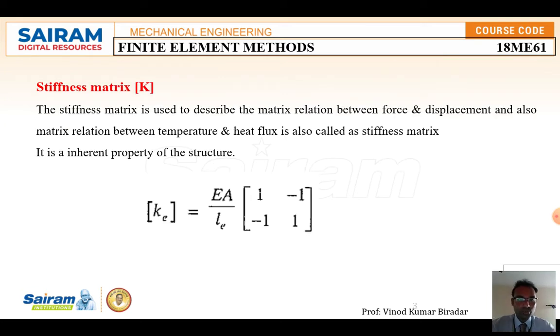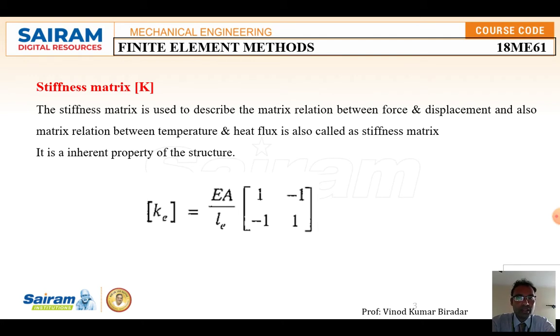So this is very important from the point of view of examination. They may ask you for more questions. What do you mean by stiffness matrix and what are the properties of the stiffness matrix? The stiffness matrix is nothing but force divided by deflection. It is denoted by capital K, and the 1D bar element stiffness matrix formula is given by K is equal to E by L times 1 minus 1,